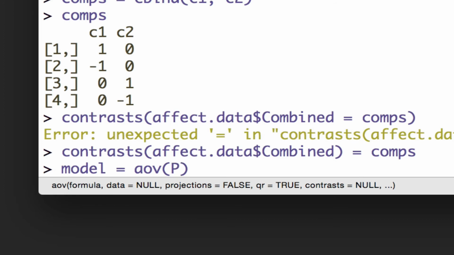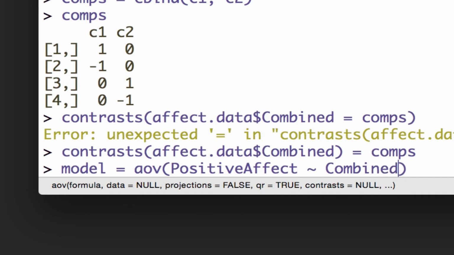That's our dependent variable. And in this case, we want it to be predicted from combined, because that's the variable that we attached our specific hypotheses to,